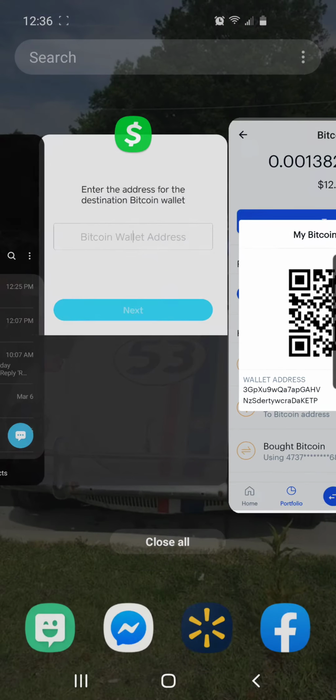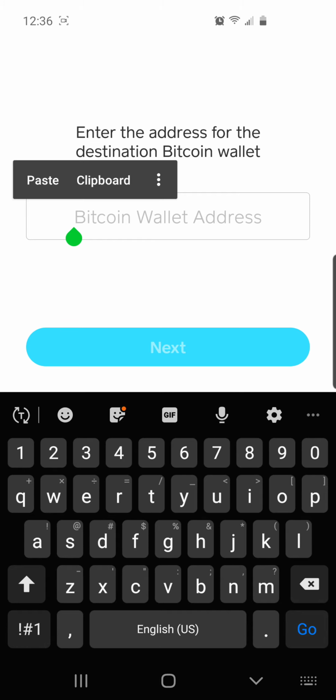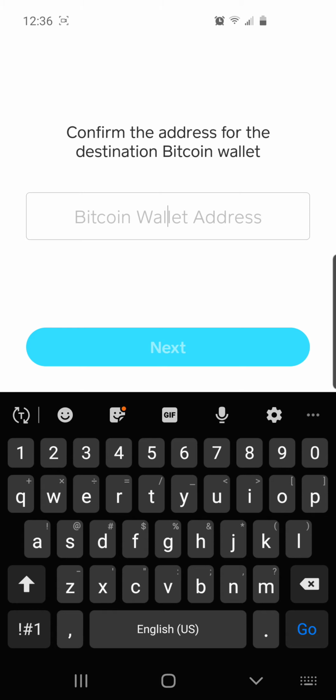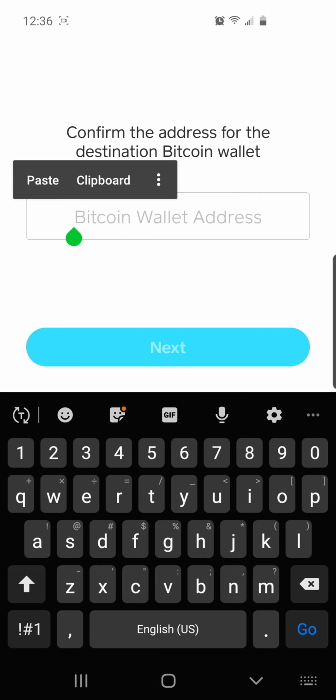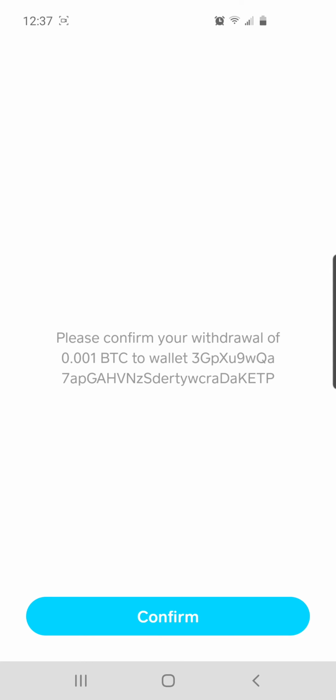Now I'm going to change over to the screen we were on. And in here, I'm going to go ahead and put my finger there, and I'm going to paste that wallet in there. Going to click on next. It's going to ask me to confirm it, so I'm going to paste the same wallet in again, and I'm going to click on next. All right, and please confirm that that's what I want to withdraw to that wallet address, and I click on confirm,